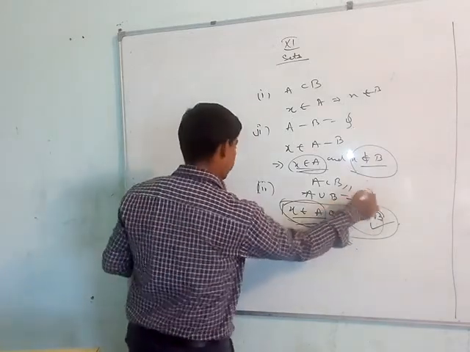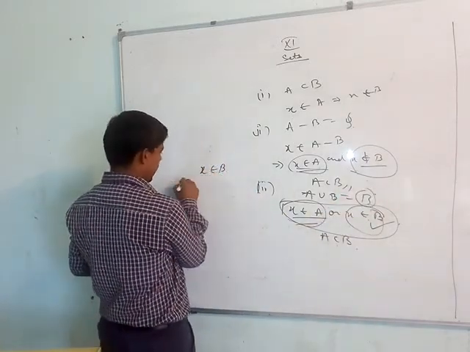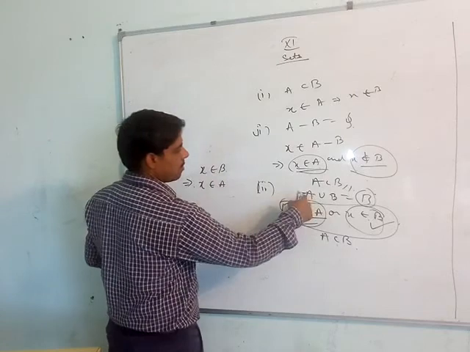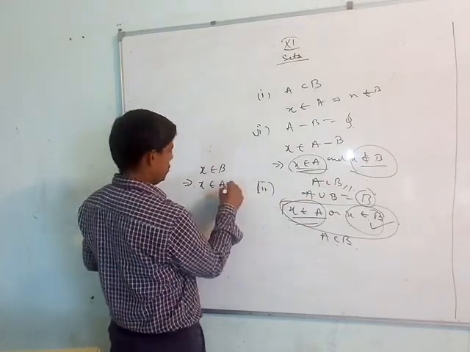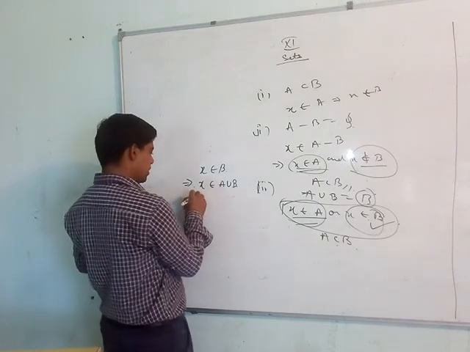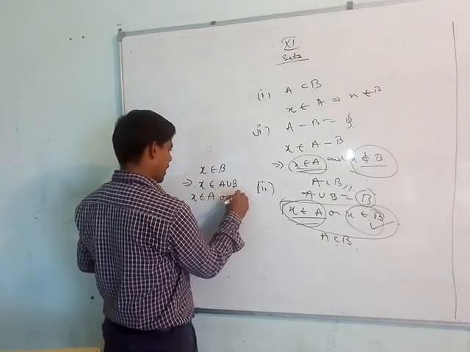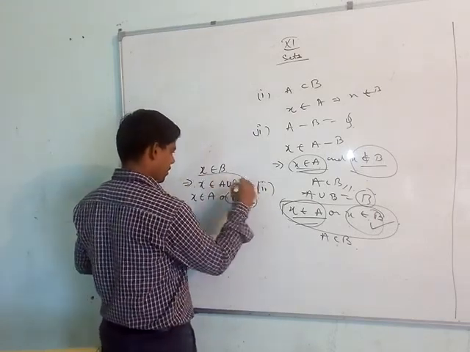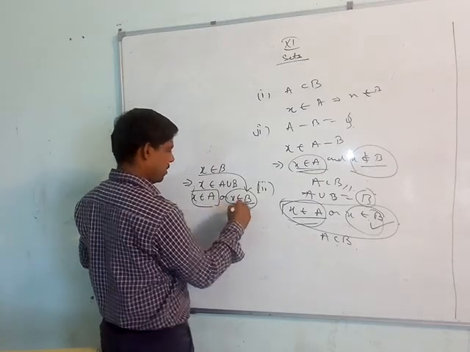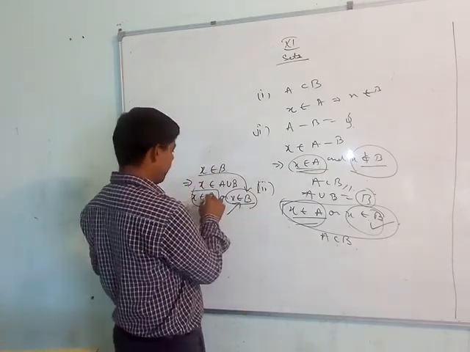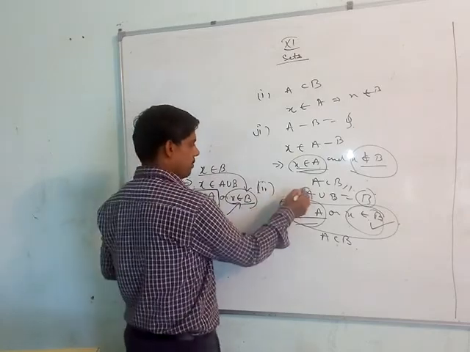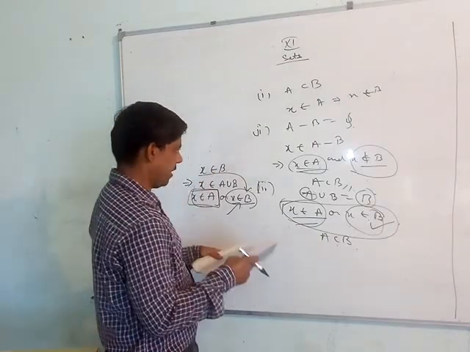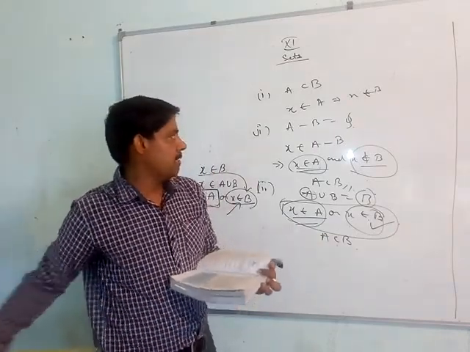Because here RHS में बात करते हैं तो देखो x belongs to B हो जाएगा. x belongs to B implies that x belongs to A union B, because B is equal to A union B दे रखा है, ठीक है ना? That means x belongs to A or x belongs to B. But we already know that x belongs to B. Whether the element is there in A or not, it doesn't really matter. A is subset of B फिर से आ जाएगा, ठीक है? इनको Venn diagram से भी समझ सकते हैं.